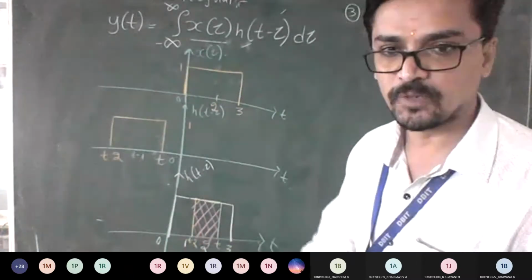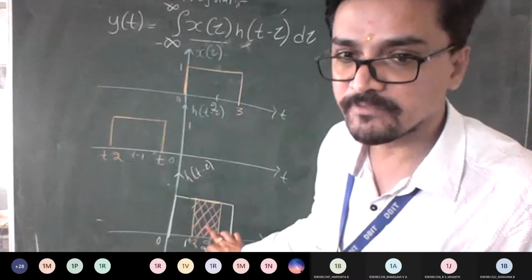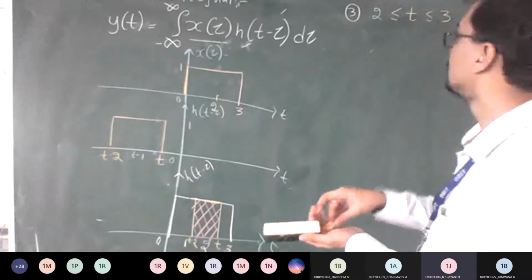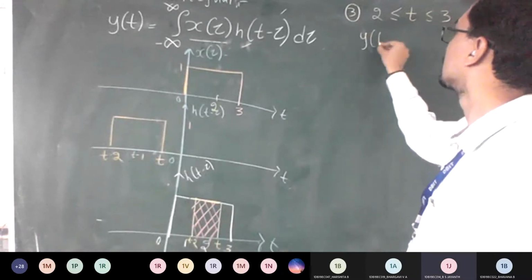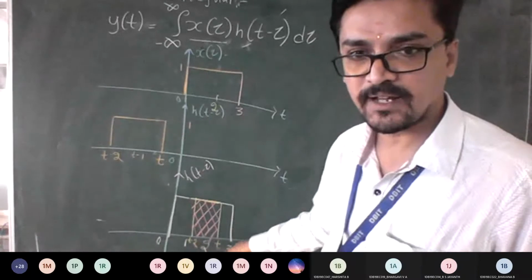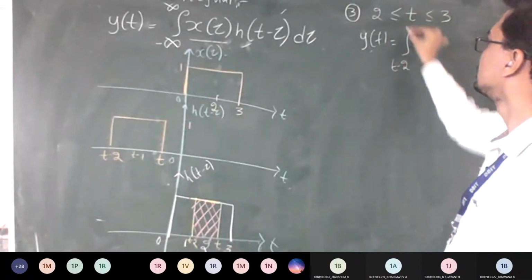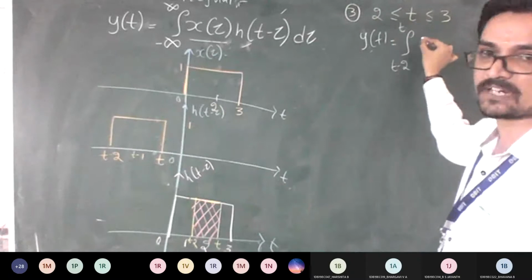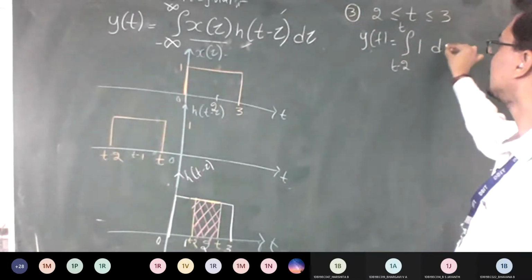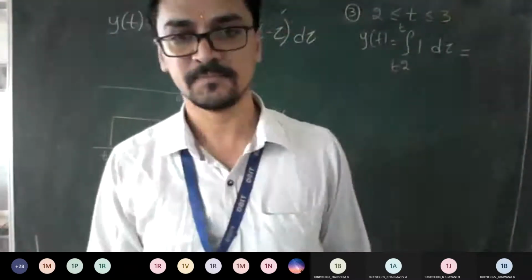So from this, we can conclude that the convolution is happening between the interval from where to where? T minus 2 to t, sir. Good. So you can look at here. Interval t minus 2 to t is where I can find my limit. So t minus 2 to t. Remaining same, x of tau remains same. That means it's 1 only. Right now? So directly like this. What's the answer? Apply integration, check out what is the answer.